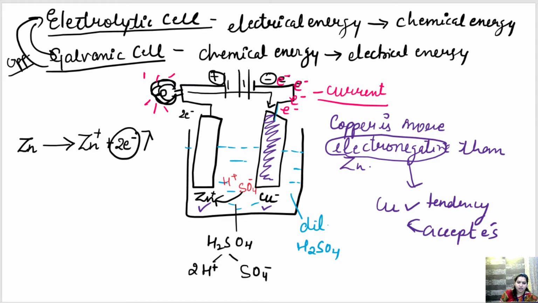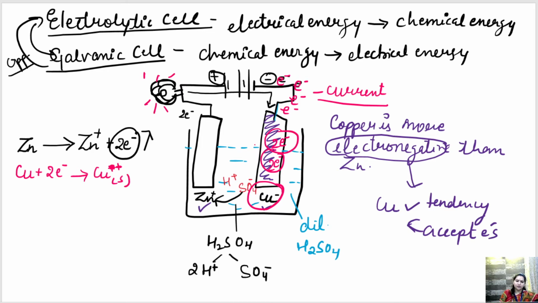Now these electrons will get attached to the copper. So copper will have two electrons. इसके पास दो इलेक्ट्रॉन आ गए तो ये कॉपर कैसा हो जाएगा? सॉरी, 2 minus, so copper will get a negative charge and the electrons will get deposited over the copper. Okay, getting it? So this is the complete mechanism that takes place in the galvanic cell.